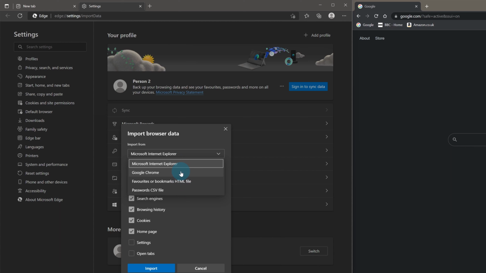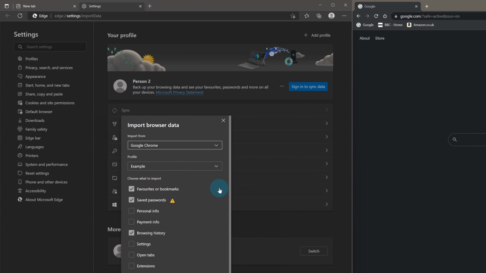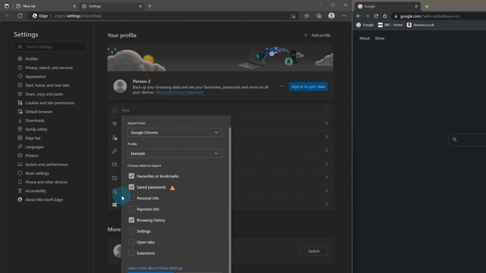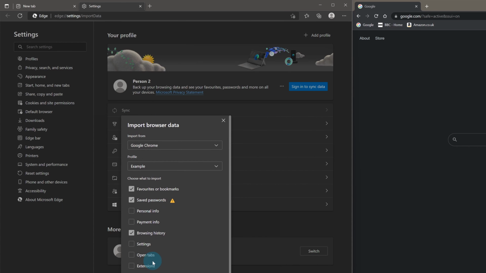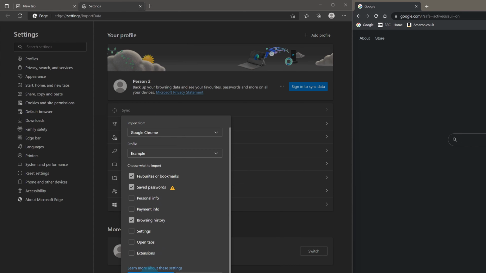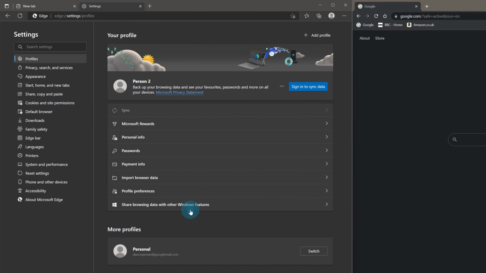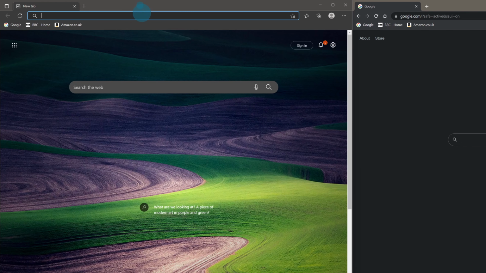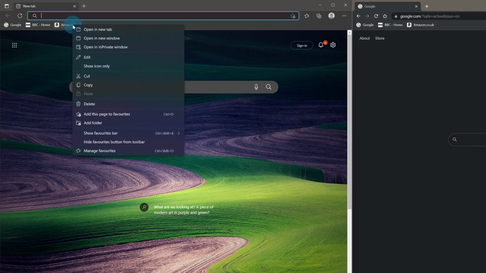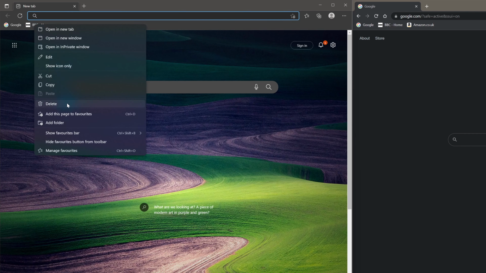So I'm going to say Google Chrome, and then I can choose what I want to import, so I can tick whether I want payment info, settings, etc. And then I press import, and it's that quick and it's all done. And you can see, look, I've now got my bookmarks, and it's also pulled over my passwords and other things as well. Now, if for any reason that doesn't work, the other way of doing it